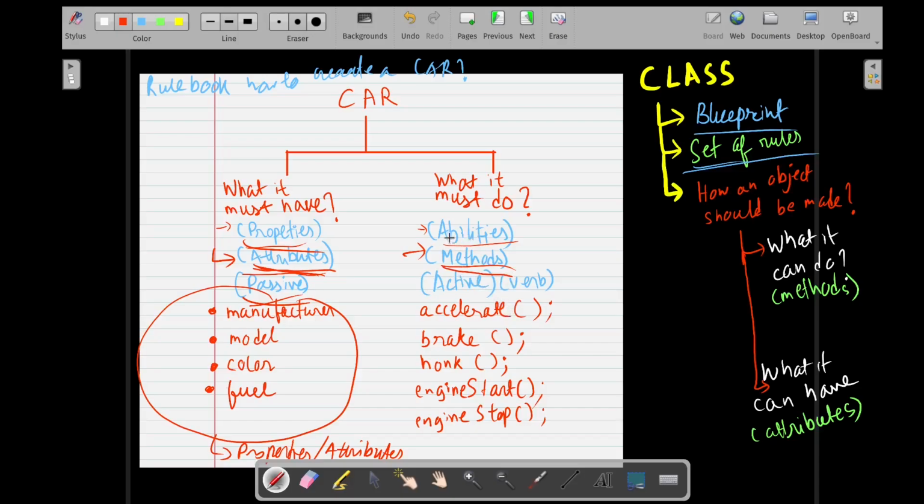What are methods? Abilities. A car has to do something, right? A car has to do something. It should accelerate, it should brake, it should honk, that is press the horn, right? Beep beep. It should start the engine, it should stop the engine. These are something that